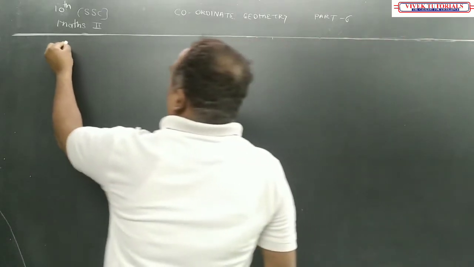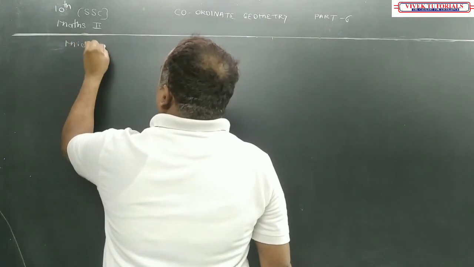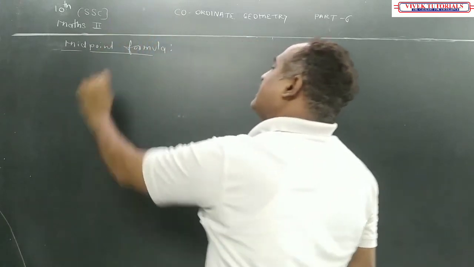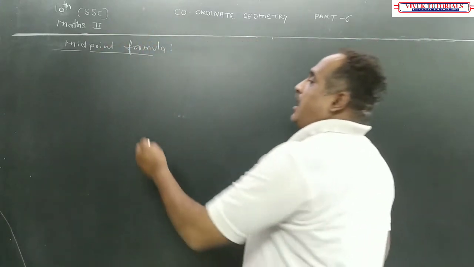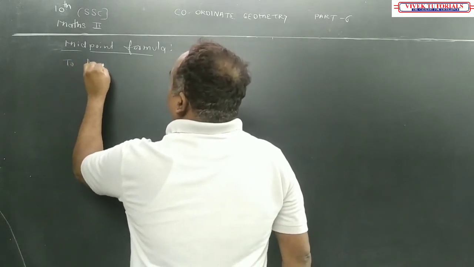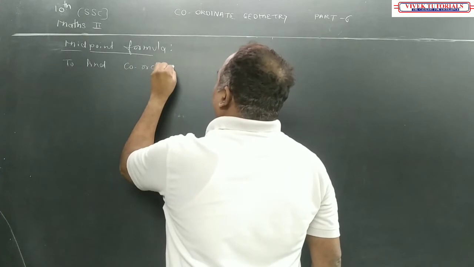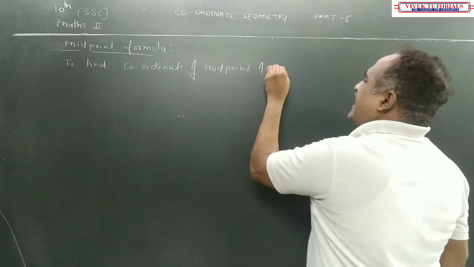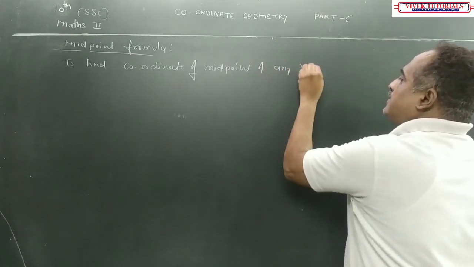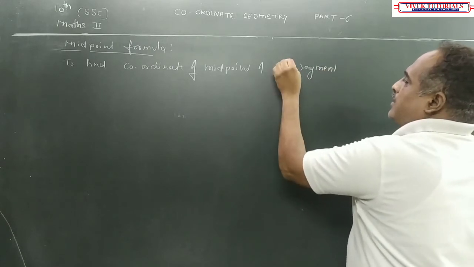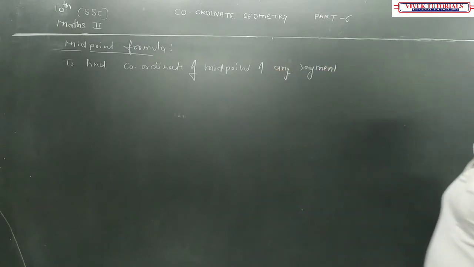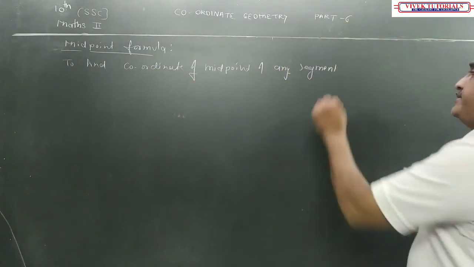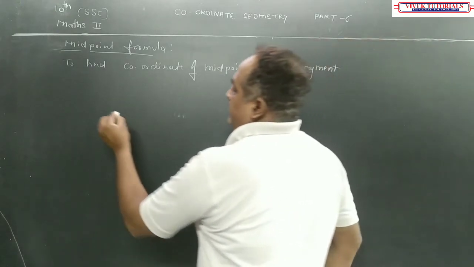Now, midpoint formula. अब सेक्शन फॉर्मूला से हमें मिड पॉइंट फॉर्मूला निकालना है, to find the coordinate of midpoint of any segment. Once again, midpoint formula to find out the coordinate of midpoint of any segment. Suppose AB is a segment,